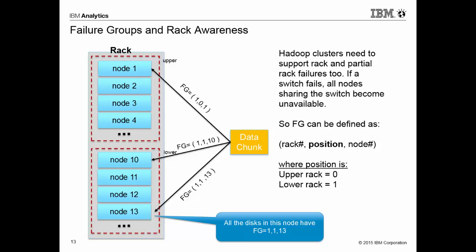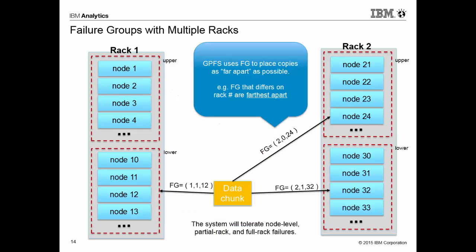Now the position number in the middle needs to be a 0 or 1 representing upper and lower. And if I have multiple racks with multiple upper and lower sections, I can express that with the failure group numbers. So GPFS will use failure group information to place copies of the data as far apart as possible. For example, failure group numbers that are different on the first position are the farthest apart because they denote that